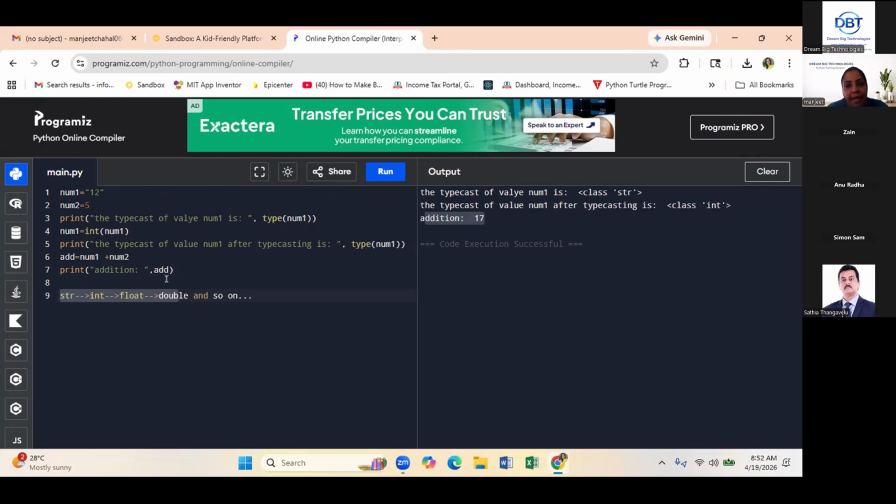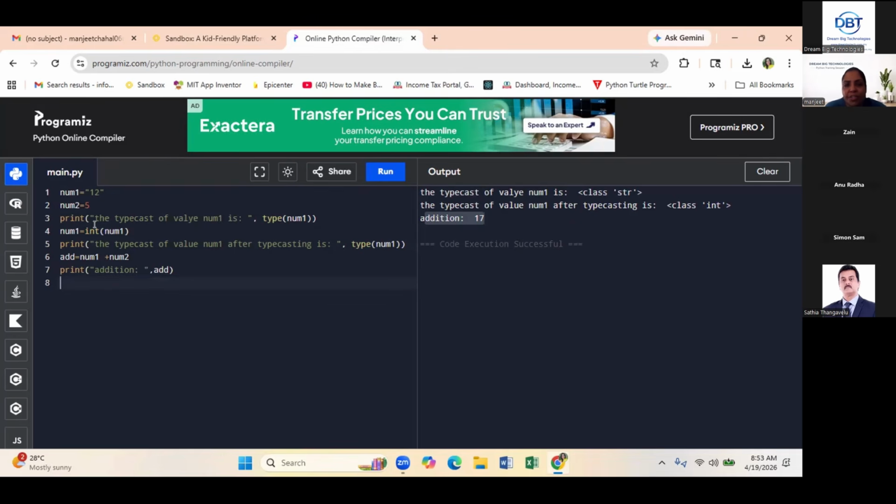You have to remember basically theory. Implicit means you are converting a small data type to a bigger data type, and explicit means you are converting a bigger data type to a smaller data type. That is the difference. So this is how you can perform your string.